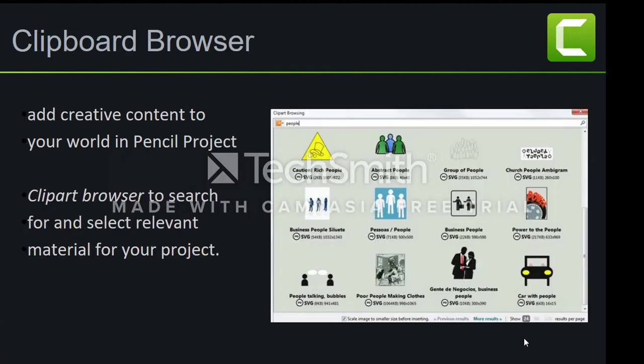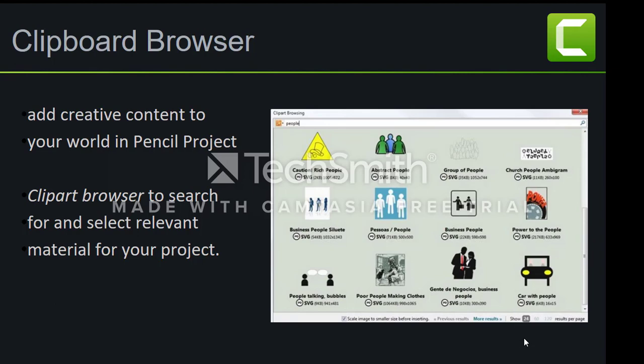To talk about the clipart browser: add creative content to your work in the Pencil project. The tools menu enables you to access the stencil generator and clip art browser to search for and select relevant material for your project.